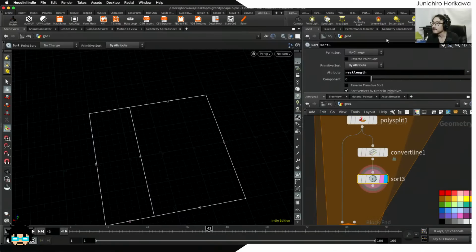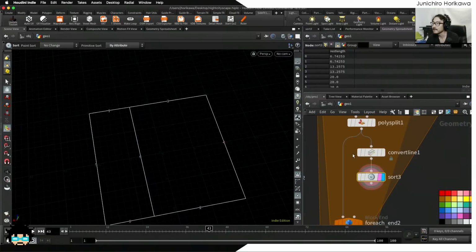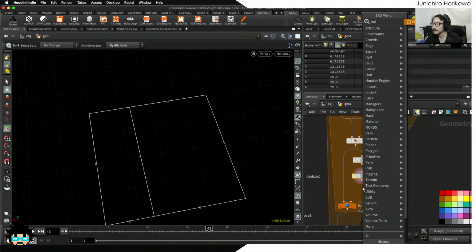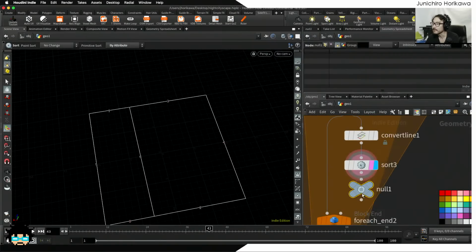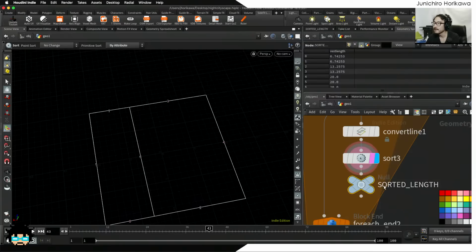As a result, the first item you get, the first index you get for this primitive has the shortest length right here. Now I can maybe store this and connect with some null node, like sorted lengths,